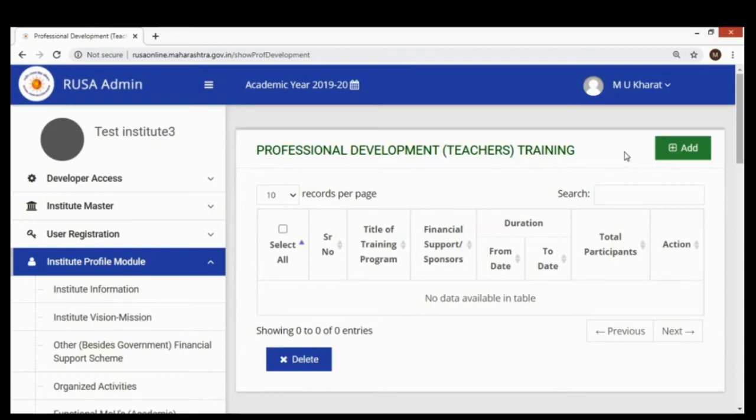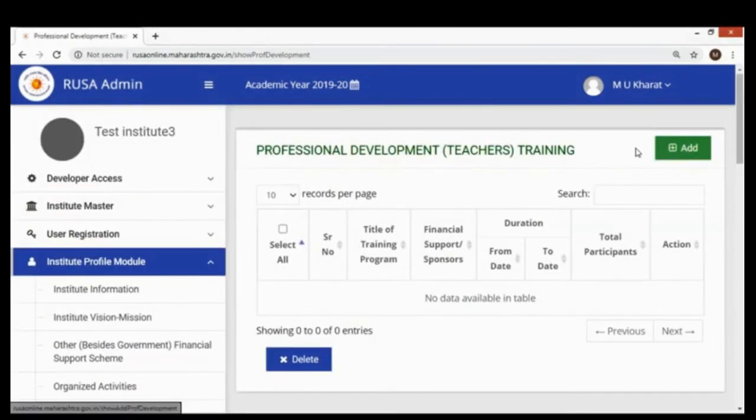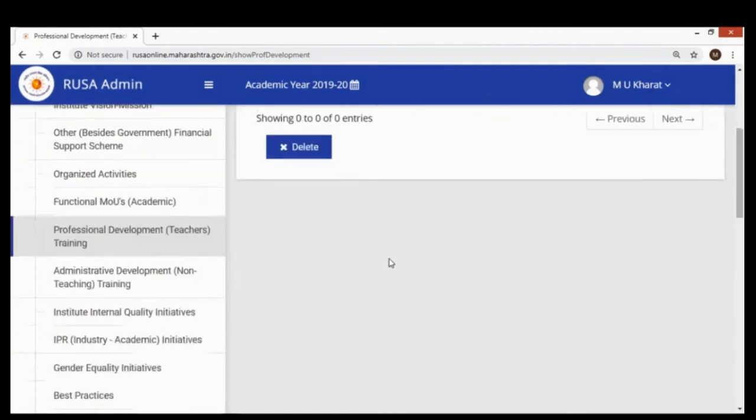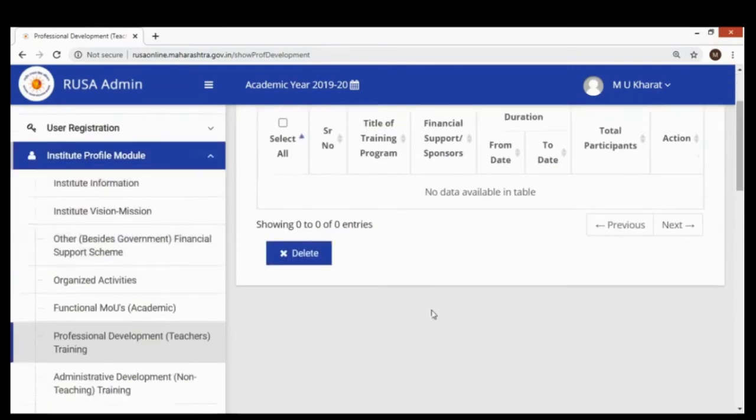So please note at this point that if this button is not appearing on your computer screen, please check your login credentials, as you are not responsible for that particular portfolio. So likewise, one more type of credential security is maintained, and this reflects the hierarchical structure of an academic organization. According to that only, we have made all the arrangements.